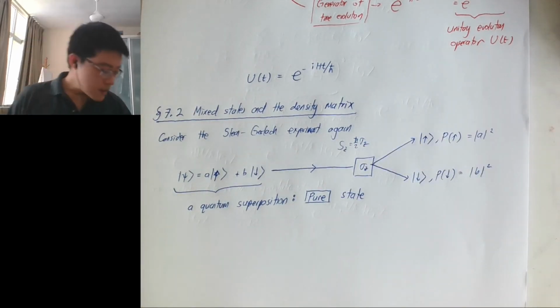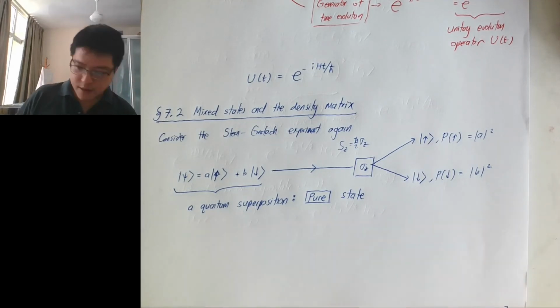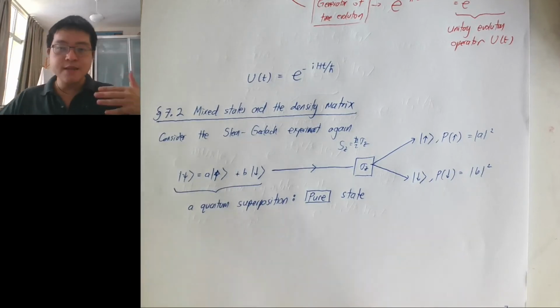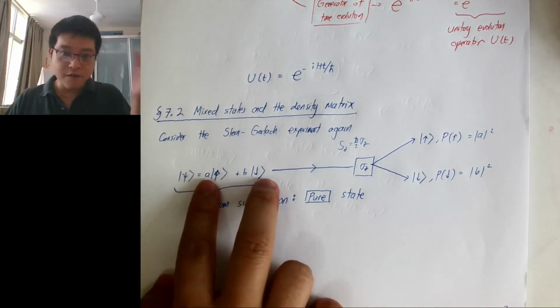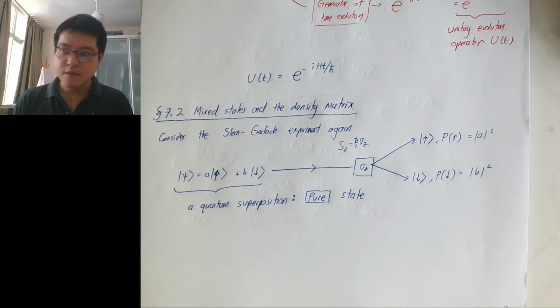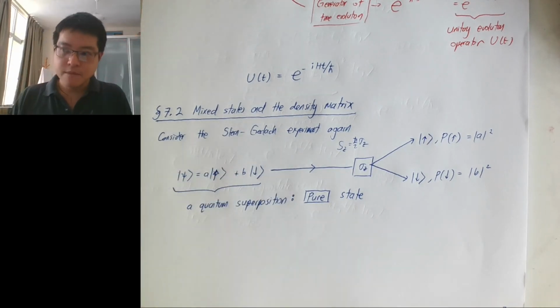Okay, because what I'm going to do next will be clear in the following. So this is a quantum state 1 plus quantum state 2, a quantum superposition. Okay, and it's a superposition of state up and state down. But of course,